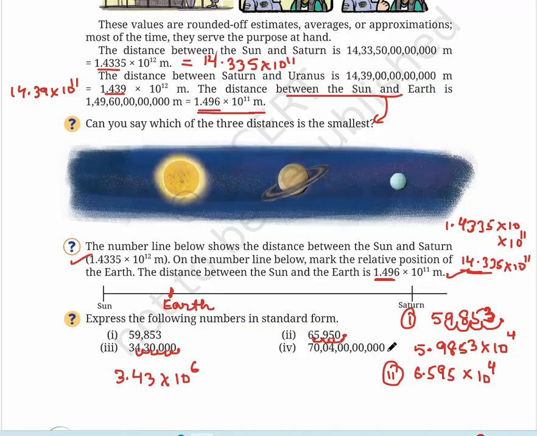Now in the fourth one, the decimal point is here. So you have to shift 1, 2, 3, 4, 5, 6, 7, 8, 9, 10. So it will be 7.004 into 10 to the power 10. You have noticed that whenever I'm shifting the decimal point from right to left, in this direction, the power of 10 is positive. Next we will see that when we shift the decimal point from left to right, the power will be